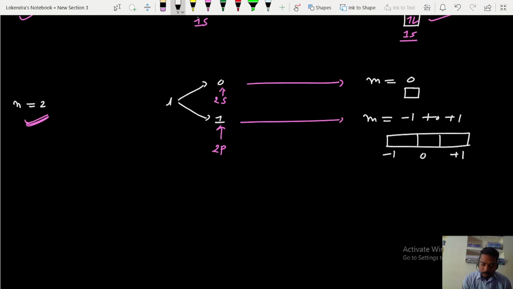Rectangles we can draw. These regions are known as orbitals. In each orbital we have 2 electrons, so we can write these 2 electrons, and the total number of electrons is 8. So we know that in the second shell we have 8 electrons. Like that we can understand how the electrons are present in an atom.